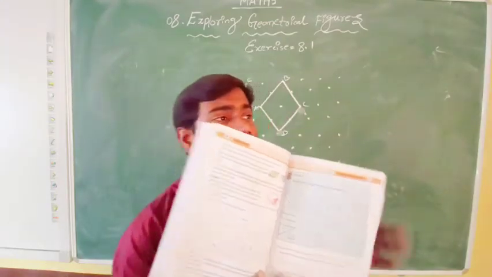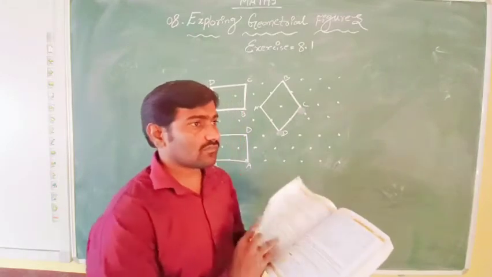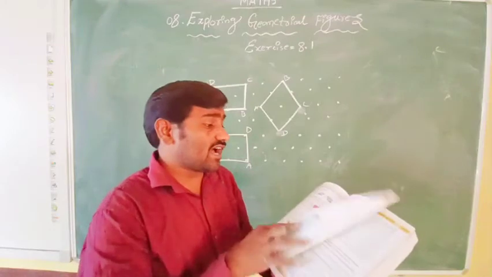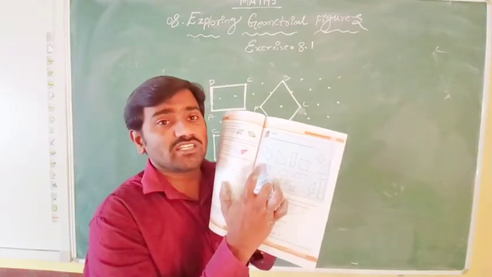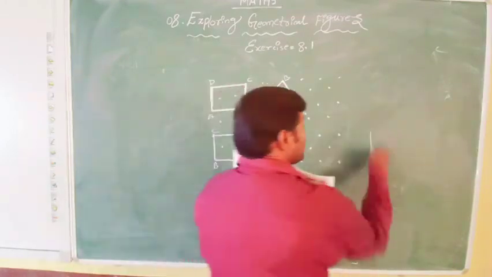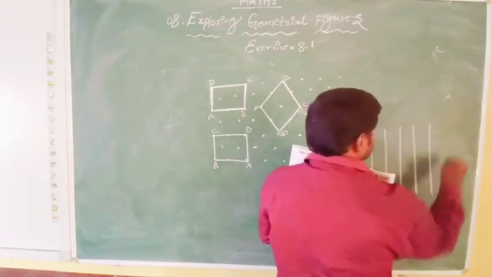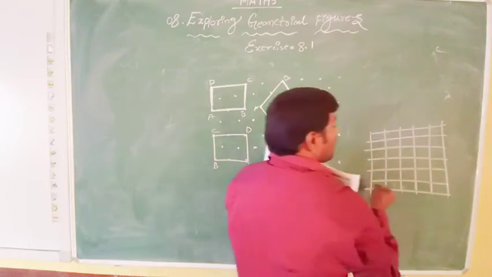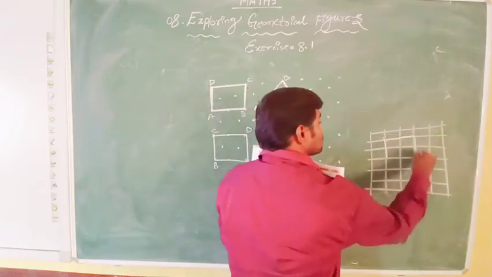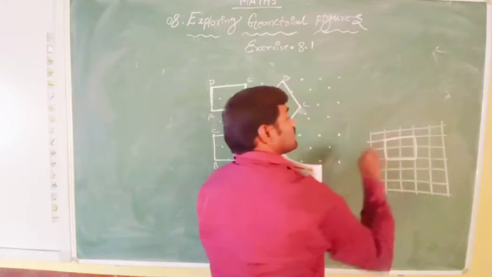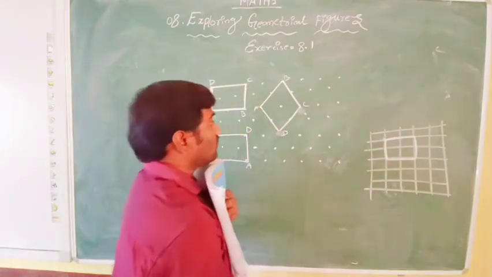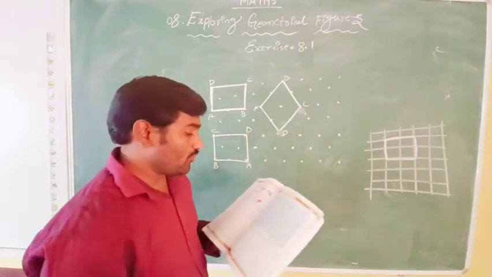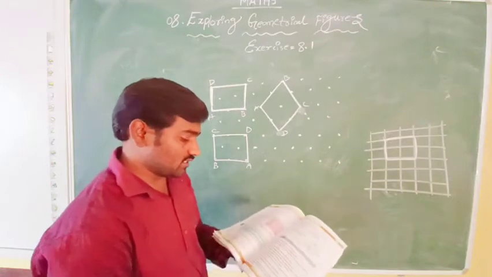Oblique sketches or isometric sketches, we learned in our 7th class. These are the isometric sketches. Oblique sketches, in the sense, we go for line boxes. You might get numbers in this. These are the oblique sketches. In this, if you draw a square, that is called an oblique sketch. On this, if you draw a square, it is called an isometric sketch. I hope you understood what an isometric sketch and an oblique sketch are.